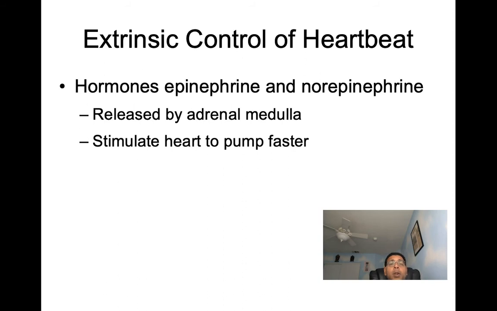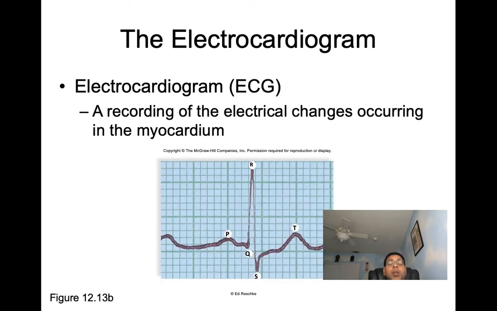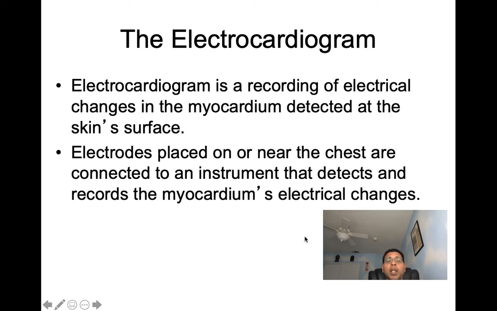All right, next then let's correlate one heartbeat to an EKG. An electrocardiogram, or ECG or EKG or whatever you want to refer to it as, is a recording of the electrical changes occurring in the myocardium. So here we've got some characteristic waves. We've got a P wave, a QRS complex, and a T wave. When we go through and talk about each of these waves, we'll see what they're all depicting for us. An electrocardiogram is going to be a recording of electrical changes in the myocardium that's detected at the skin's